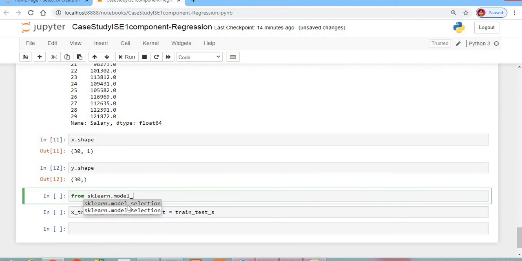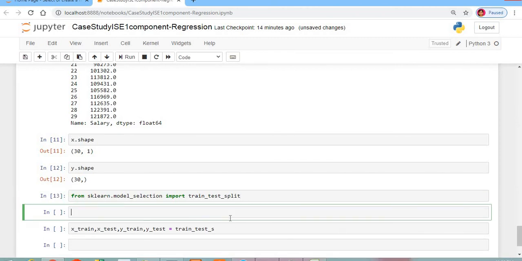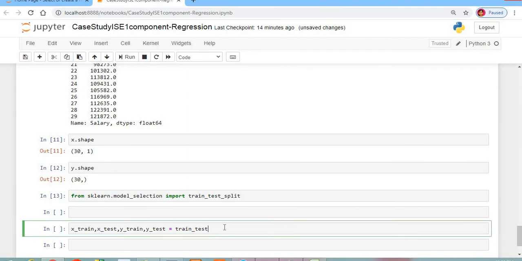See, it is giving me the suggestion from scikit-learn model selection import, and it has taken train test split automatically. So I'll be importing it. Once I have imported this, now I can apply the train test split operation on it, right?